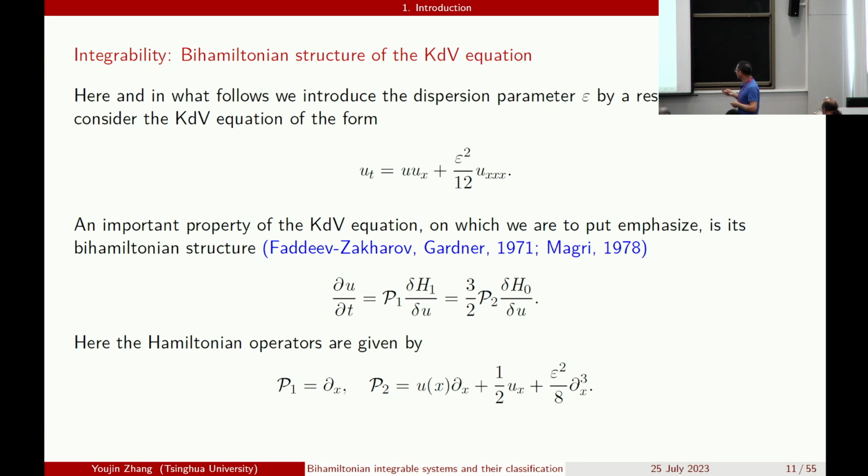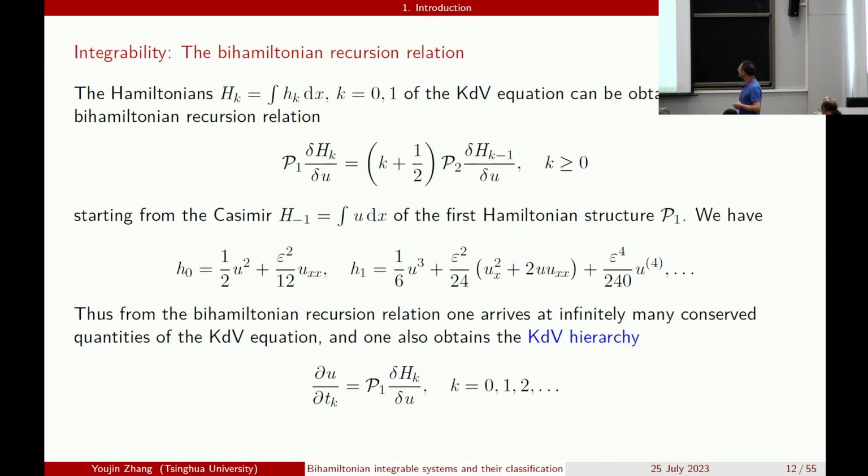So what is the importance of this bihamiltonian structure? Bihamiltonian structure means that we have such kinds of relations, which we now call bihamiltonian recursion relations. If we are given two Hamiltonian operators P1 and P2, which are compatible,